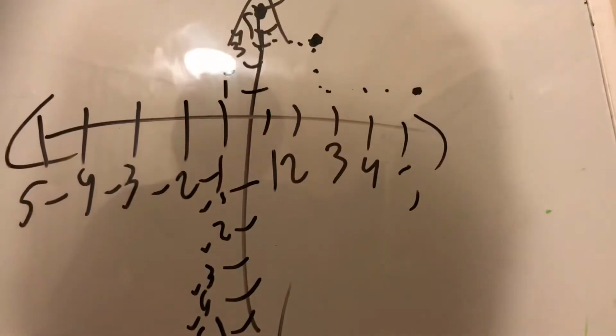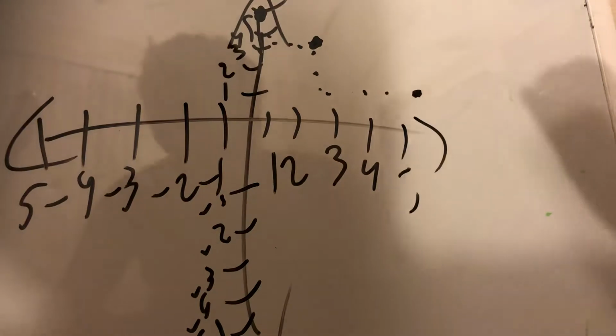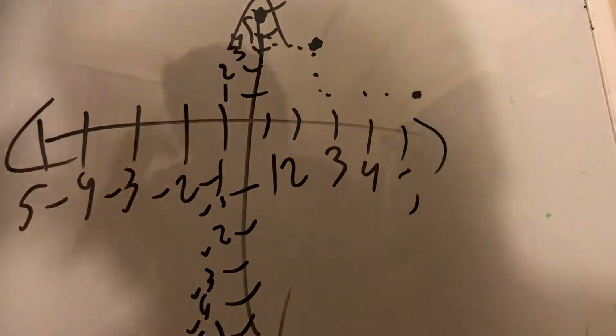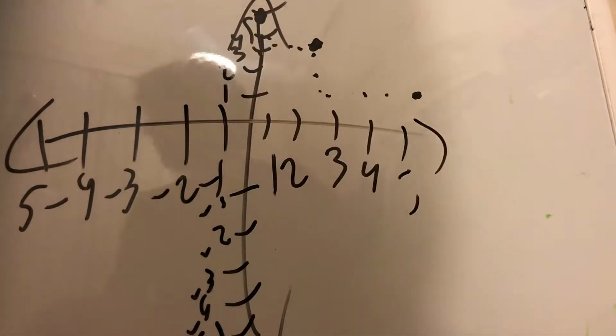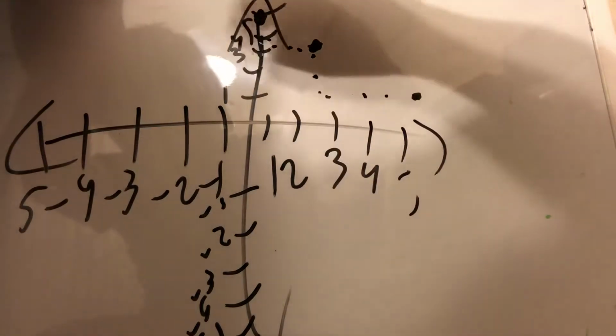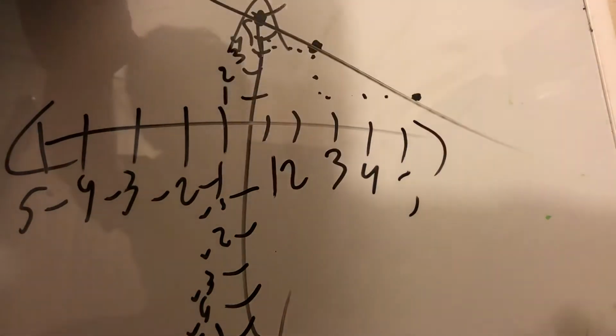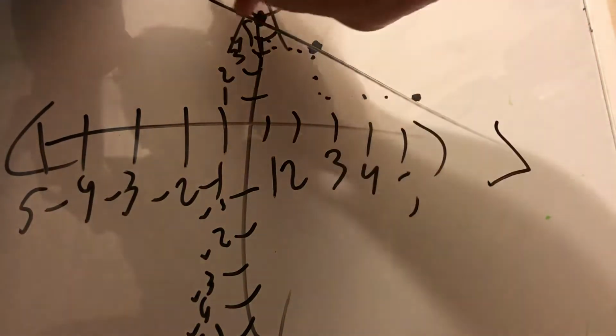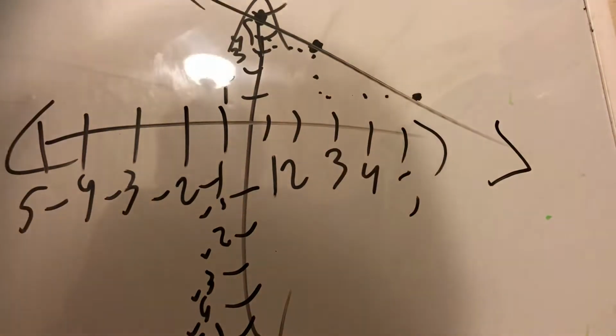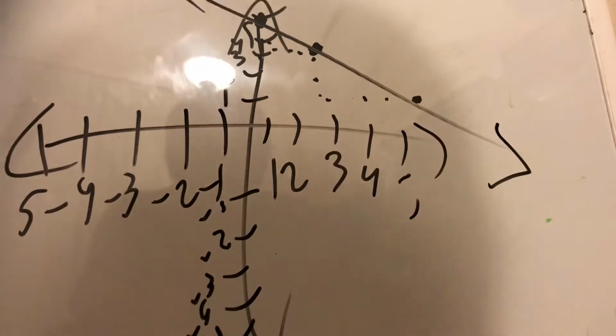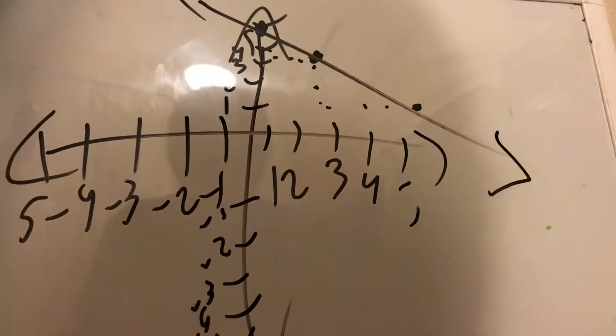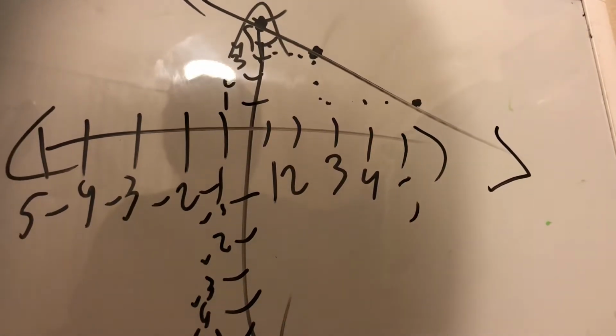The equation is gonna be like this, and then we need to draw a graph. I don't have a ruler right now, but it should be a straight line like this, and this is our graph. Pretty easy,